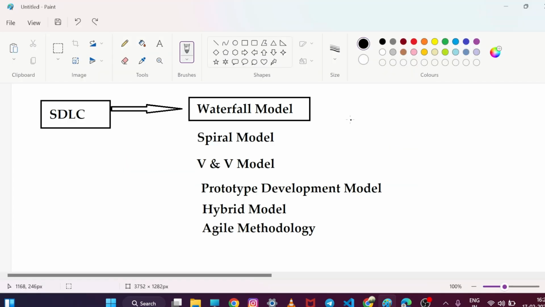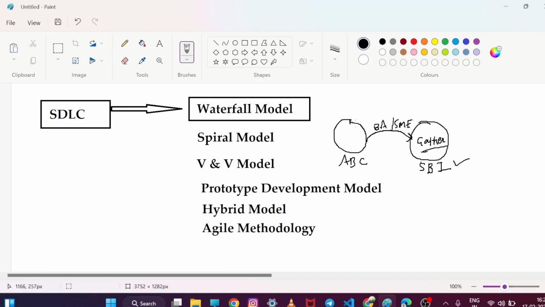Okay, let's consider this is company ABC, and the second company is SBI. Okay, SBI is the next company. So ABC company का business analyst or software subject matter expert goes to the client location. कौन जाएगा? Business analyst और subject matter expert who has experience of more than 15 years goes to the client location. Client location कौन है? SBI के पास जाएगा and he gathers the requirements and comes back to the company.